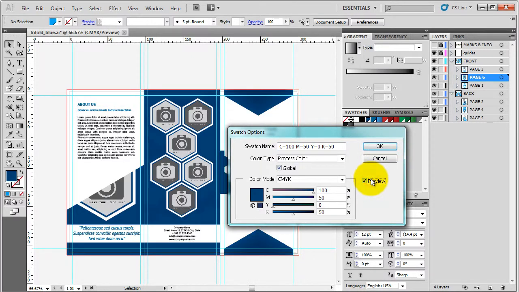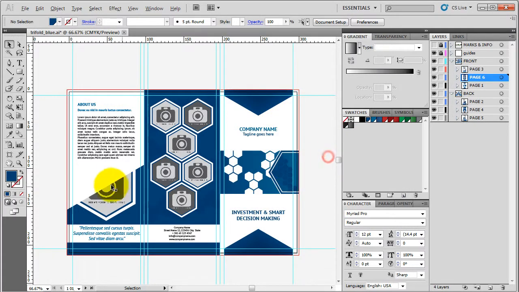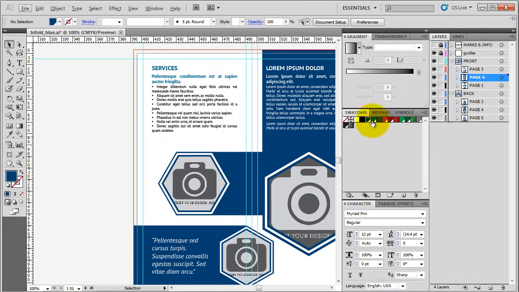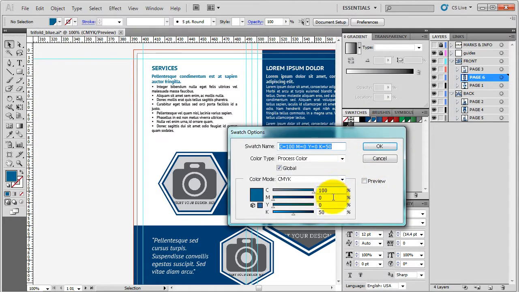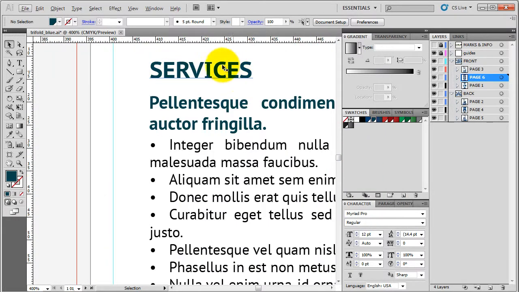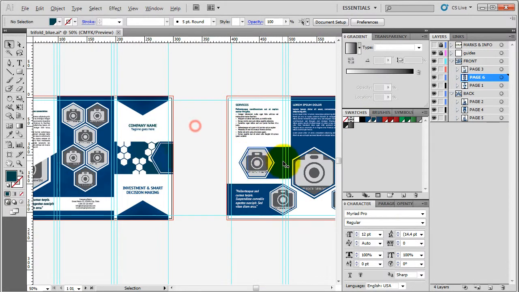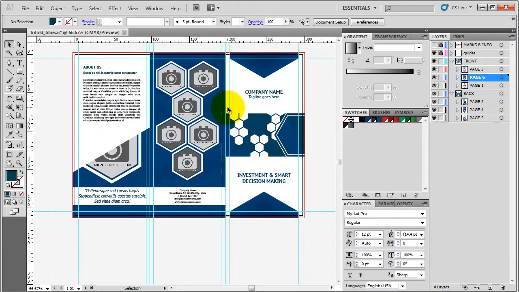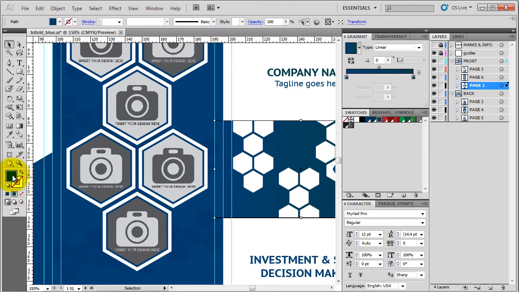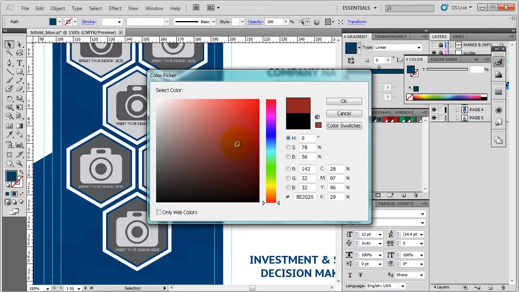We do this, you can check the preview and you can see all the colors that have been connected to this one have been changed. So you have all the colors of this blue changed. Now we can do the same thing for this one. Let's say we use 50 and then add 50 here. Let's go to a little bit greenish blue, and now all of our colors connected to this one have been changed. Now naturally you can change all these colors by clicking and choosing a color from the slider, for instance,